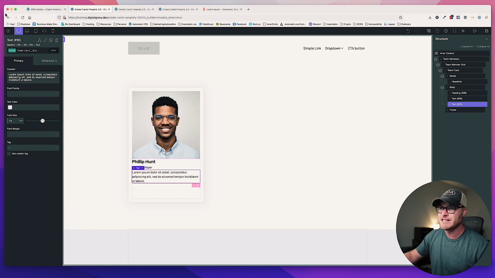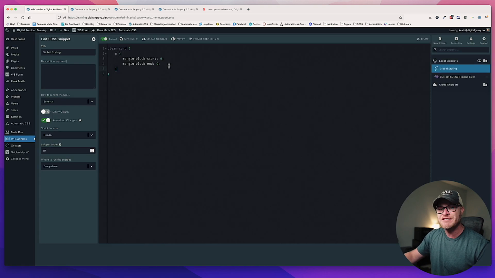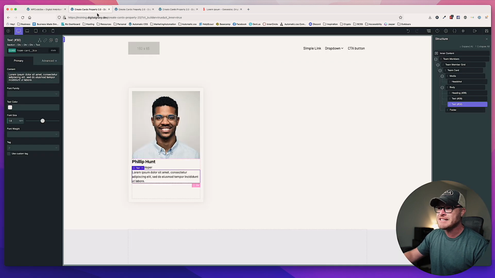That's why I love this, right? You get the benefits of Sass, but you also don't have to reload pages and refresh stuff. As soon as I save, it's instantly updated over here. So I can see that my P, my paragraph, no longer has that margin block start and margin block end